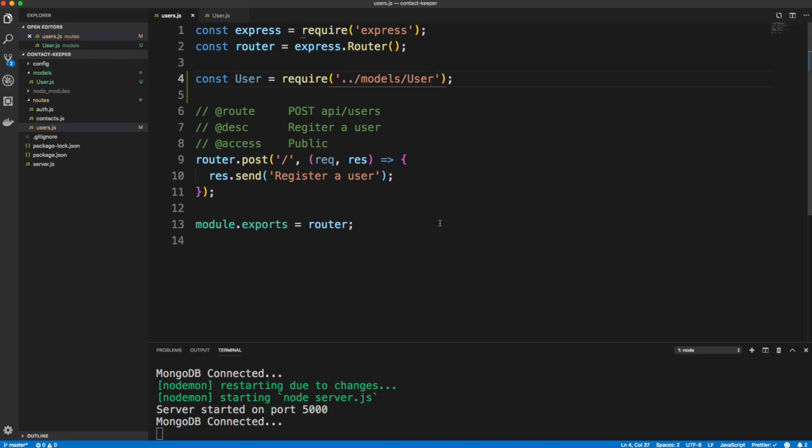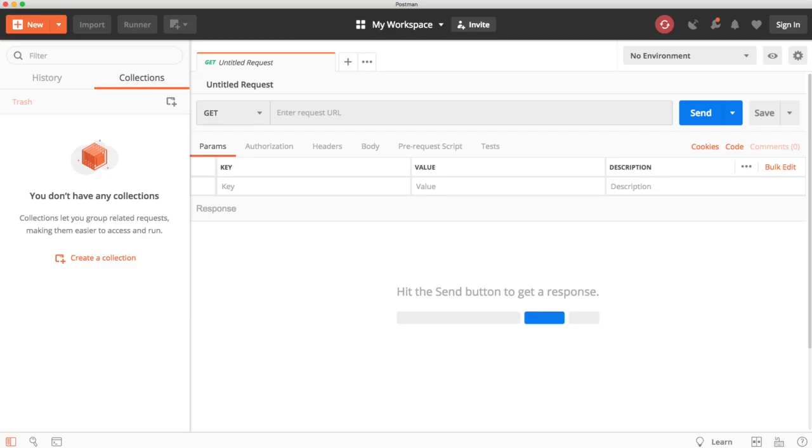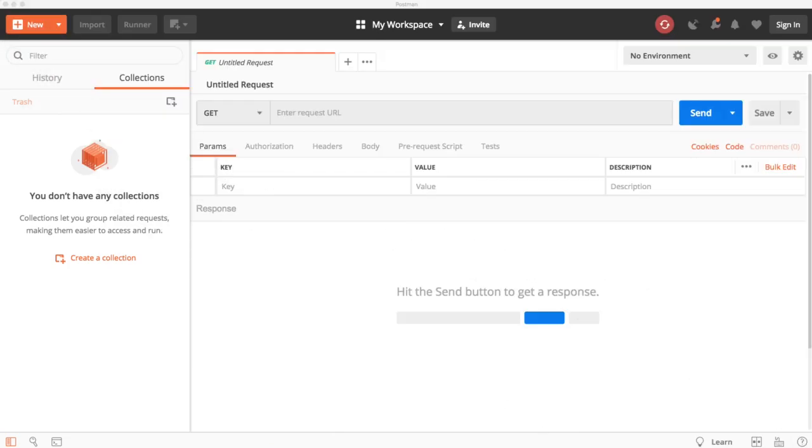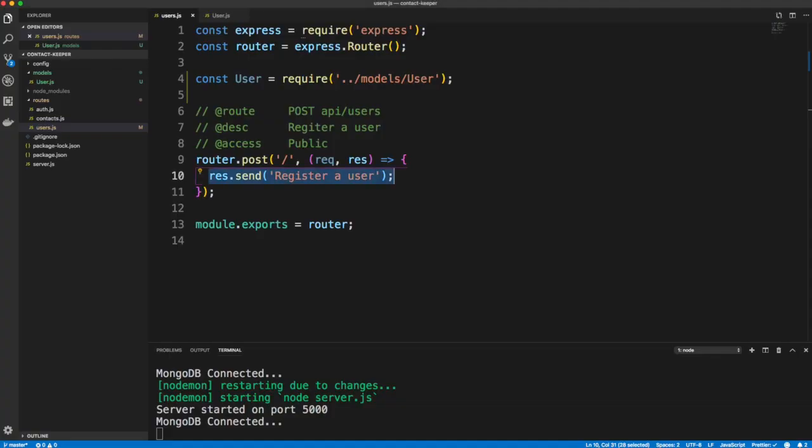So before we get into the body of our route here, I want to create some error checking. Let's do a res.send of